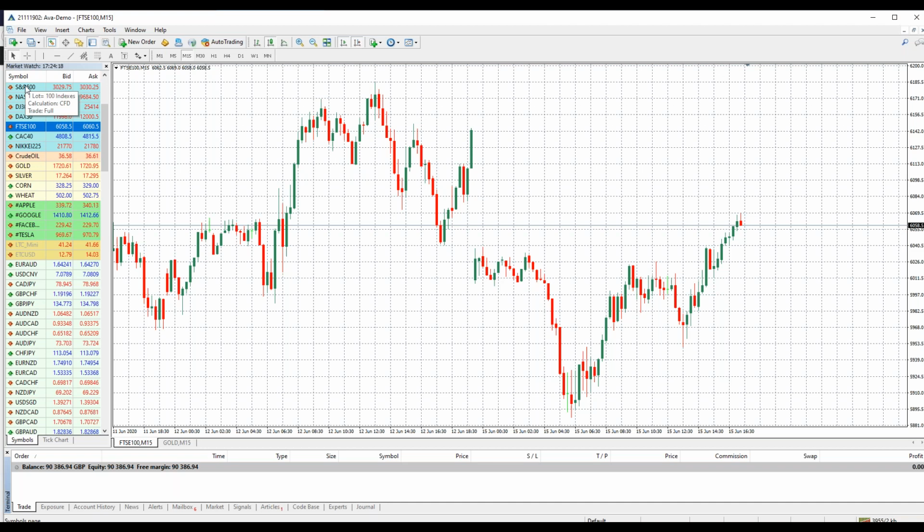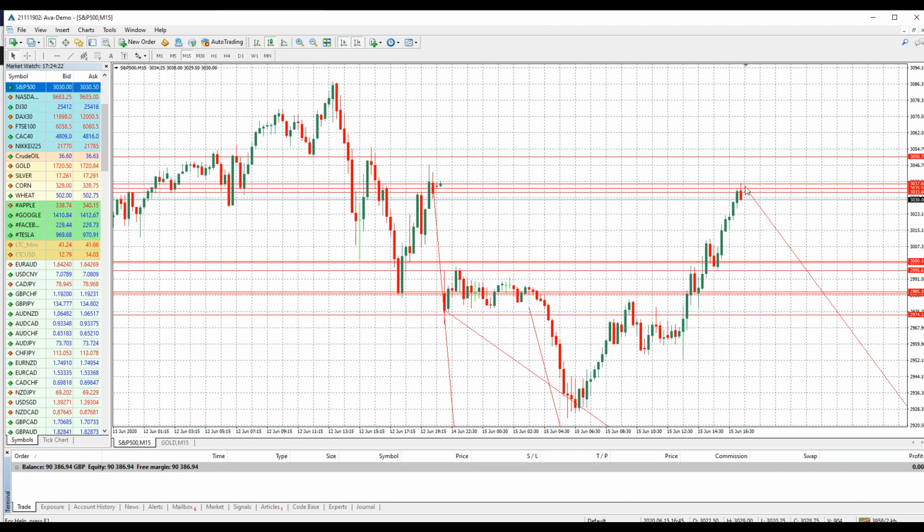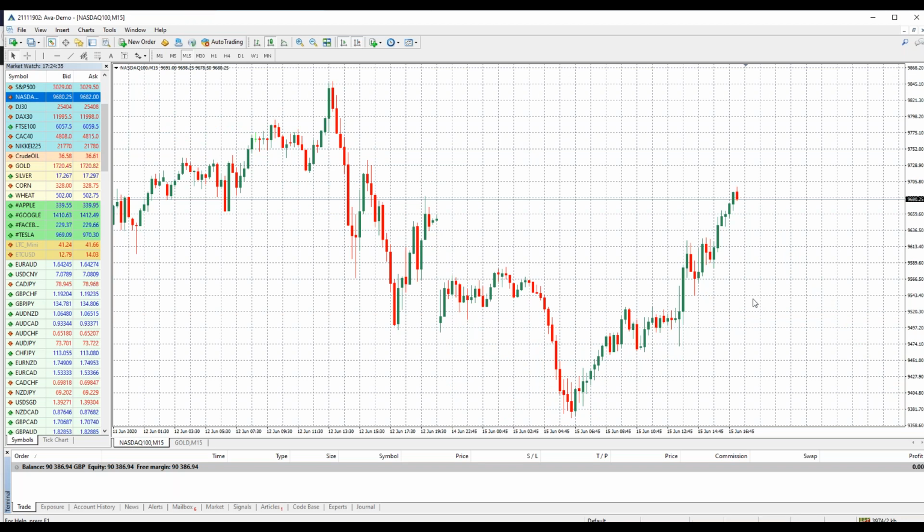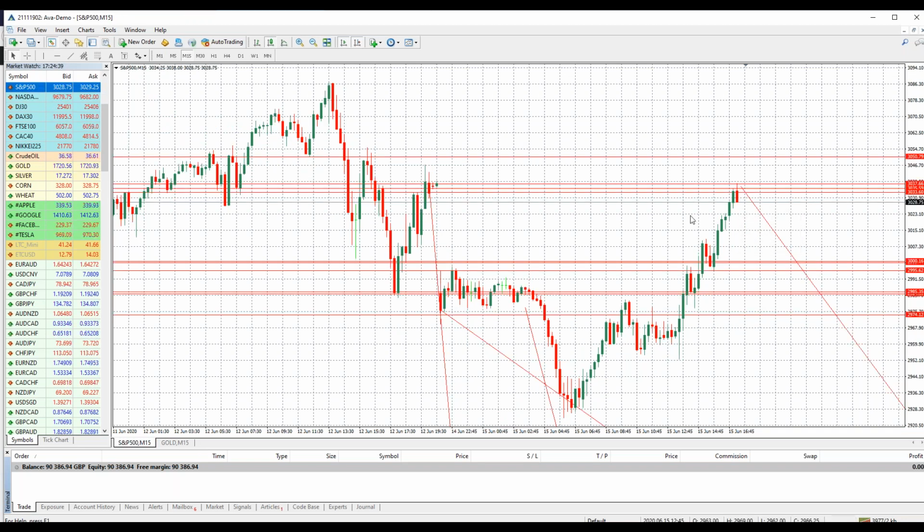The reason I like the S&P 500 is because the S&P 500 completely filled the gap already. It completely filled that gap. Some of the other indices didn't completely fill the gap yet, and some did. You just have to look and see which ones you like best. Probably the NASDAQ is also dropping, just starting to drop. The NASDAQ makes me a little more nervous because